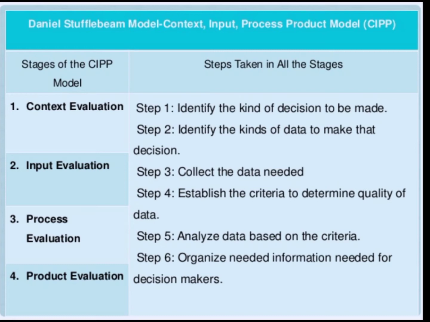for optimal means. And the third is process evaluation. Monitors the process both to ensure that the means are actually being implemented and make necessary modifications. And the last one is product evaluation. So the product evaluation compares actual ends with intended ends and leads to a series of recycling decisions.